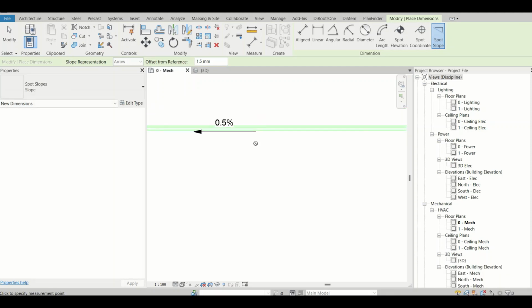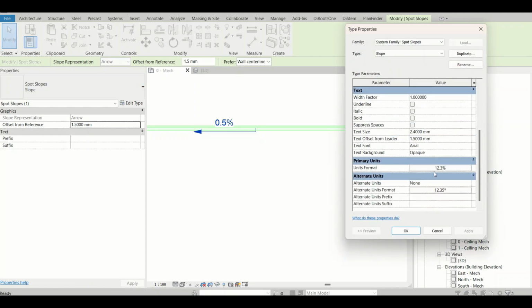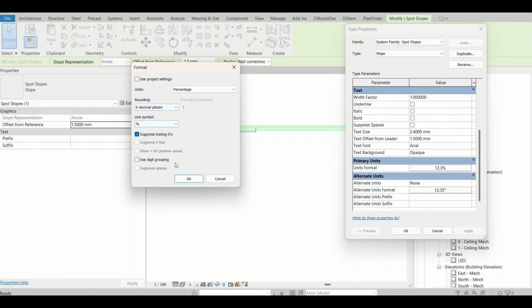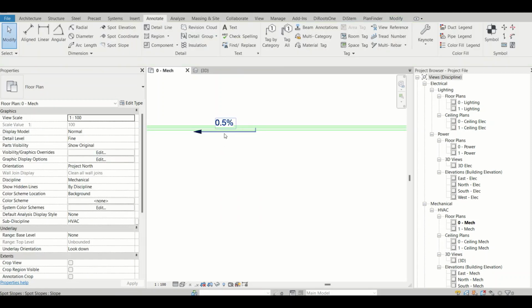That is why we need one decimal right here. If I change it to 0 decimals, let me show you, it will show me a 1% slope. That's wrong, correct? That is why we need a proper setting for that. And how have I calculated that 1:200 means a 0.5% slope? It is very simple. If you are going with 1:200, it means 100 by 200. If you go with the 1:50 slope and want to check the percentage,